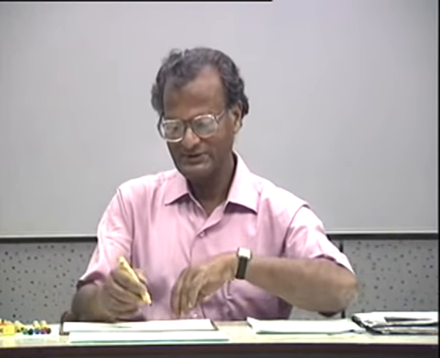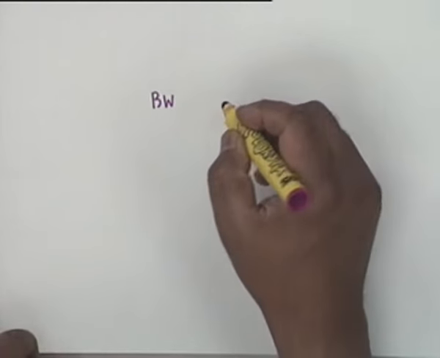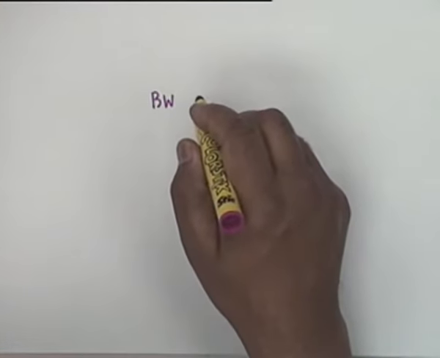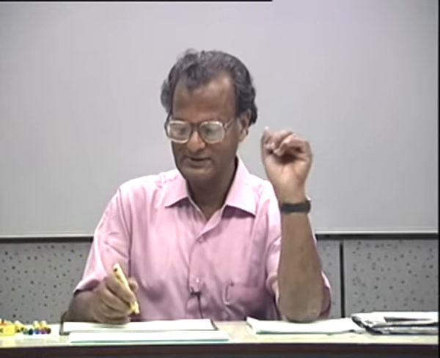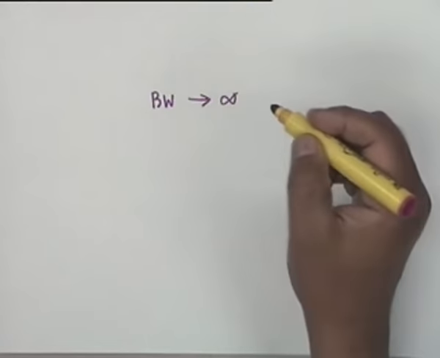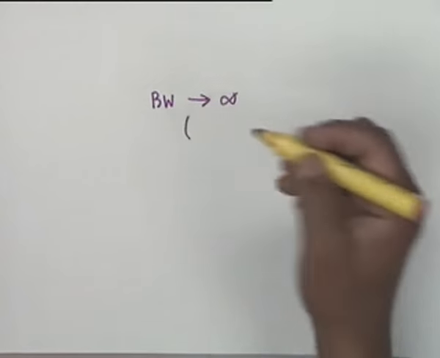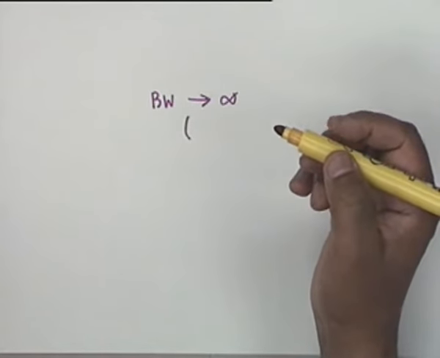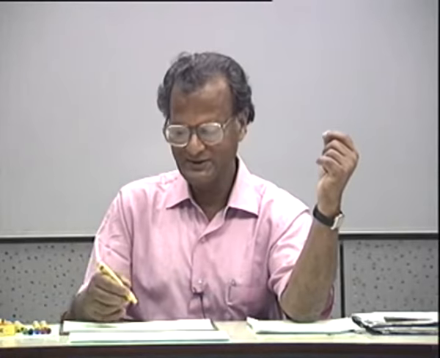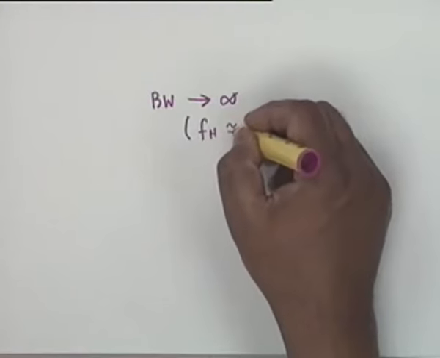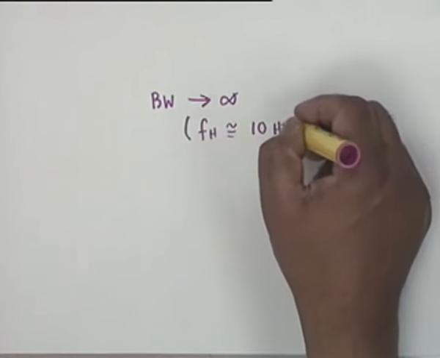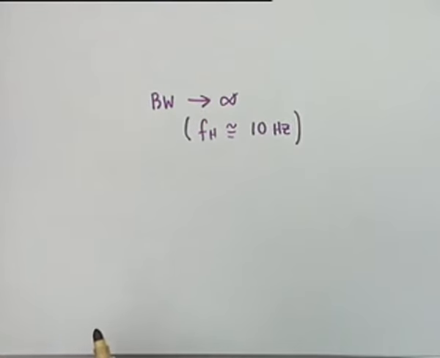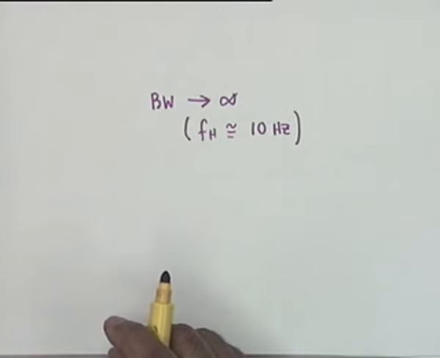The most shocking thing about op-amp imperfection is the bandwidth. You assume that not only the gain is infinity, but the gain is infinity at all frequencies. The bandwidth ideally is of the order of infinity. In practice, the high frequency 3 dB point is of the order of a few tens of hertz, and 10 hertz is not an uncommon figure. This is the most shocking imperfection that an op-amp has, and it is necessary to have this imperfection.